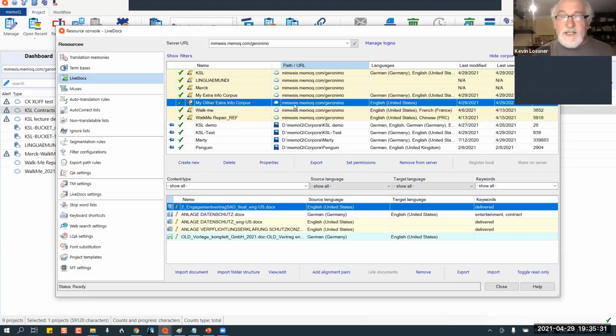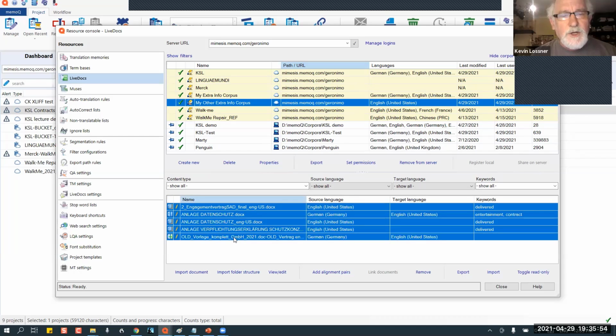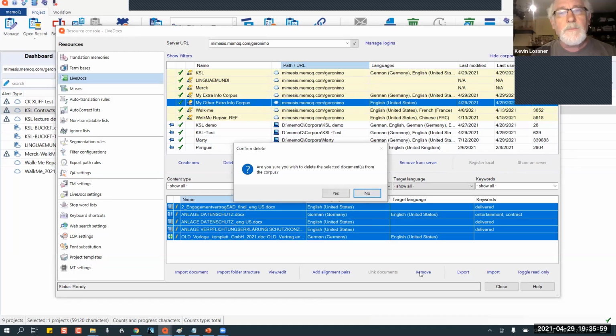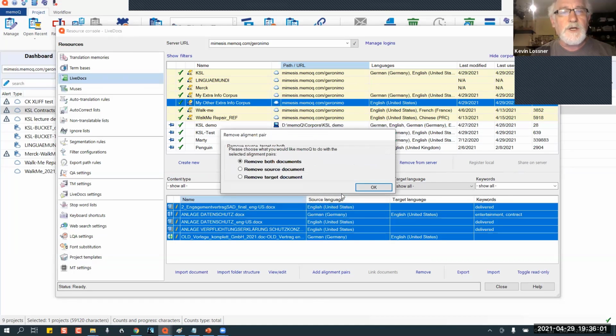Okay, so this is all that I want to show you today for LiveDocs, because coming to grips with these menus and getting to understand the imports and the exports and all that sort of thing can be a little bit confusing. But actually, I will show you one more thing. I'm going to go ahead and just remove these, clear the corpus out. Yes, I want to take these all out. Remove, yes,